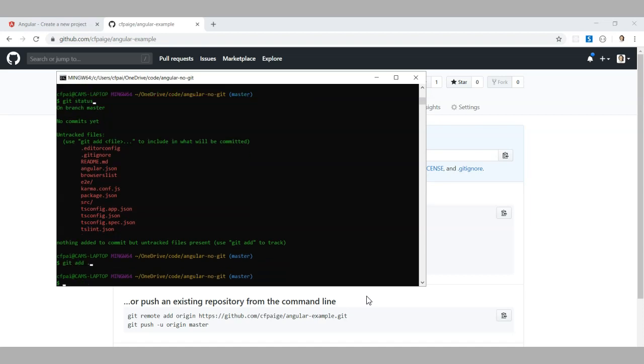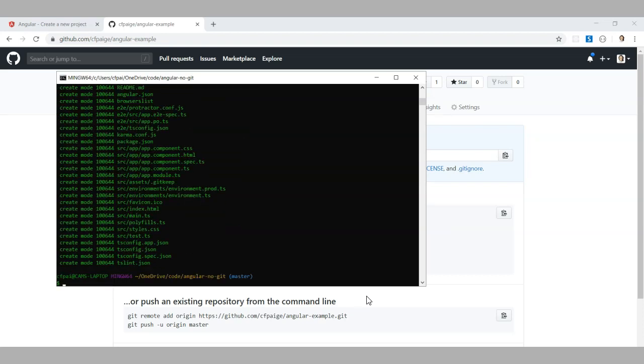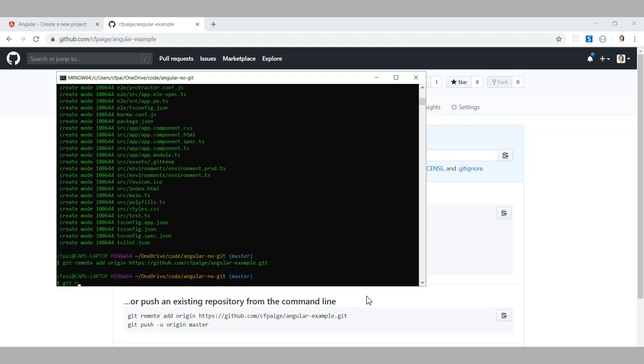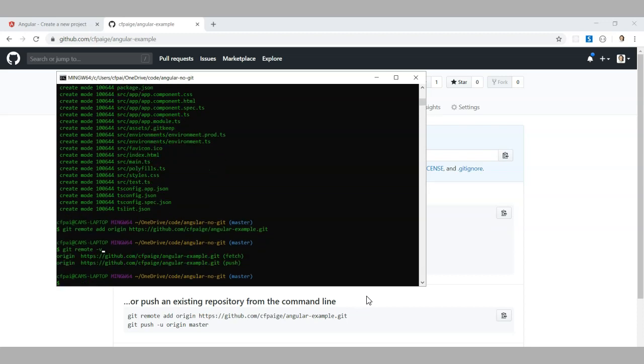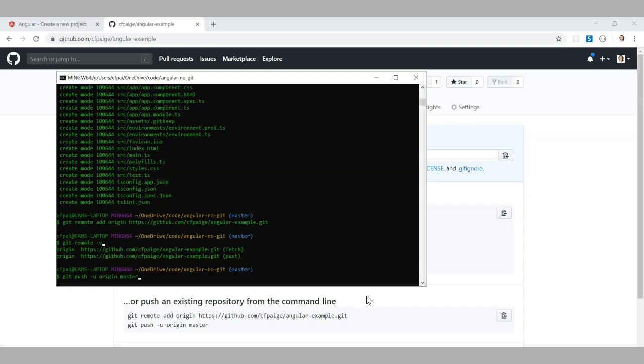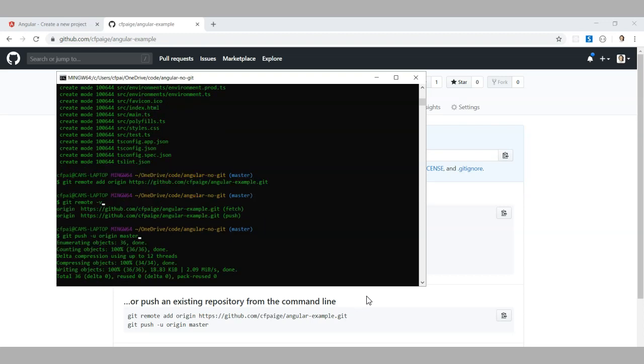Git add all the files, git commit with the m flag, that's your message, and this time, for real, it's the first commit. Yay! Alright, here we go. Time to send our local Angular baby into the big world. Git remote add origin, then paste the address, and that's it. They are linked. So now we can check. Git remote -v, yep, we have our addresses for fetch and push. Let's git push. Flag -u, that's upstream, all the way to the top, origin master, and off it goes. It's alive!